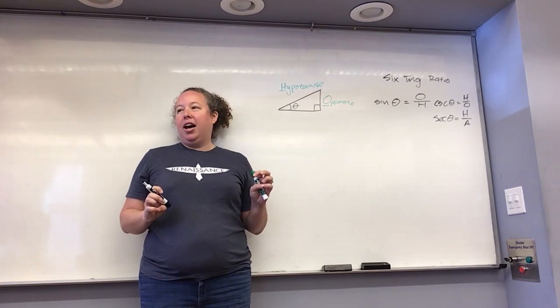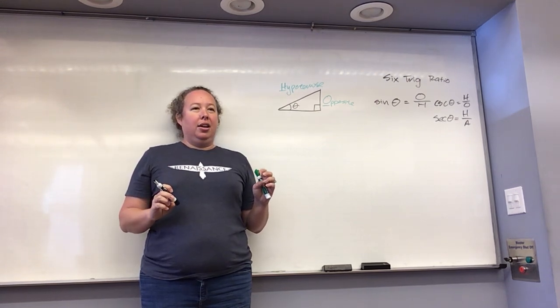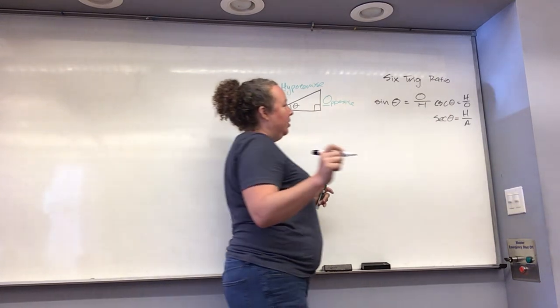Okay, we've got 3. We've got half of them. Yes, Zena, and then Cade. Cosine, which is adjacent